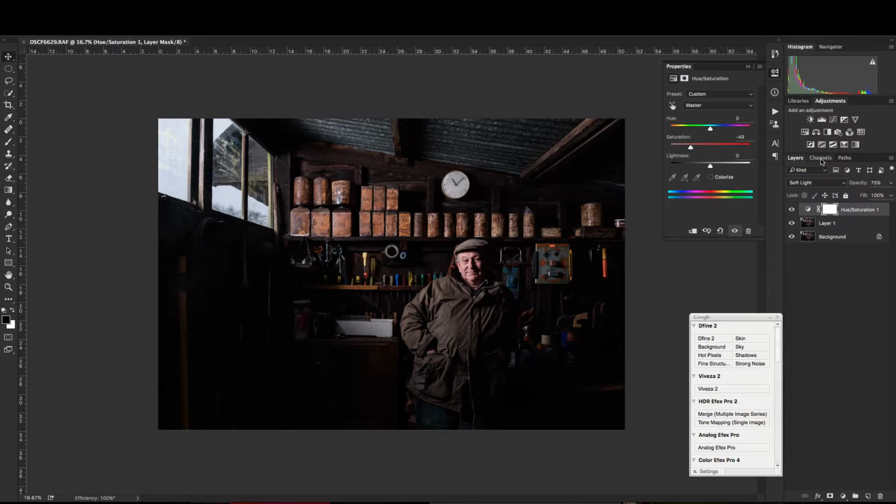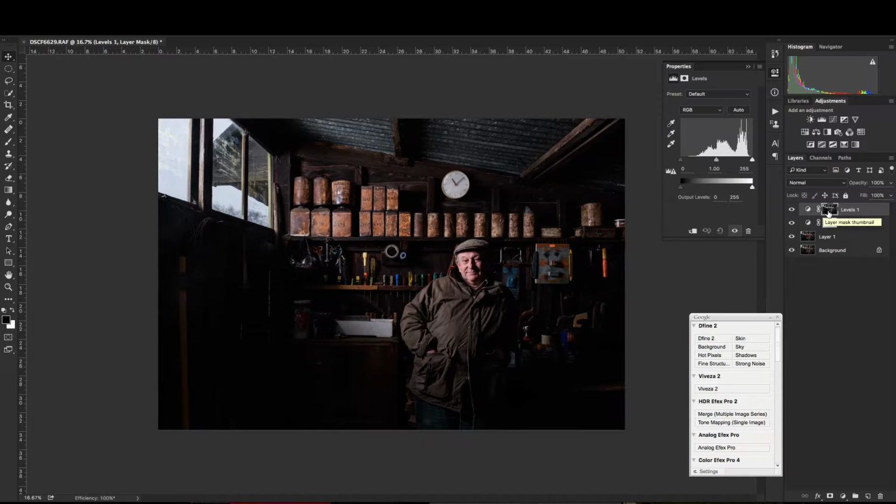So what we're going to do is go to channels. You're going to command or control click on the red channel, and your red channel is going to consist mostly of all your highlights. So by control clicking on that, we've got a selection made of the red channel. We're going to go back to layers, create a levels layer, and then you can see that we've got a mask on it. And anything we do right now is going to affect the highlights. So I'm going to invert that, and you do that by making sure your mask is highlighted and then hitting Command I. Now we've got a mask that is only going to affect the shadows, and you can